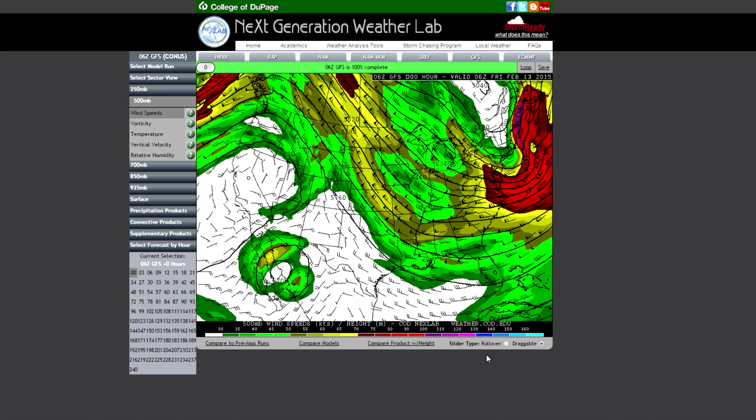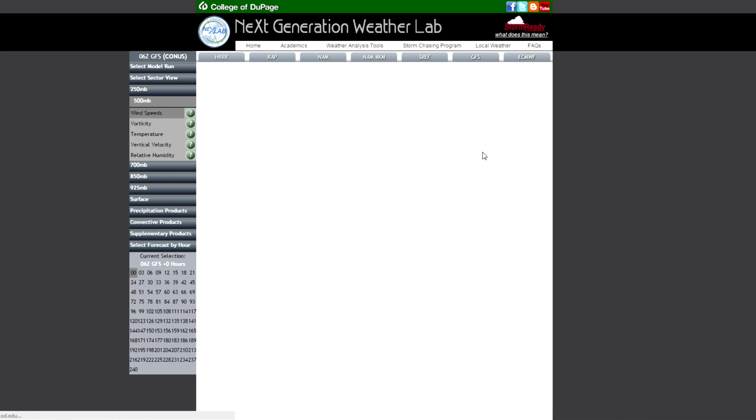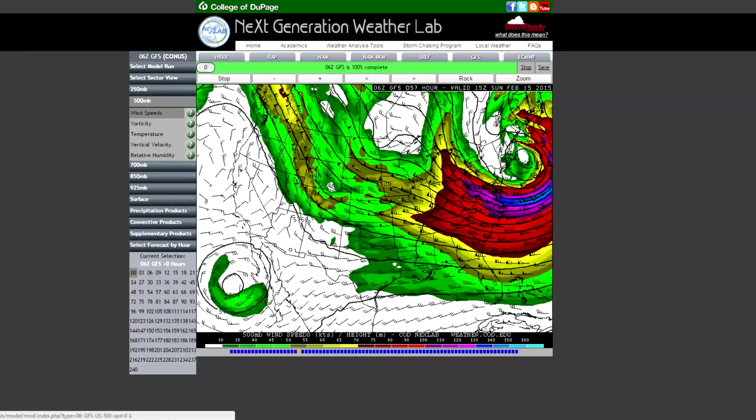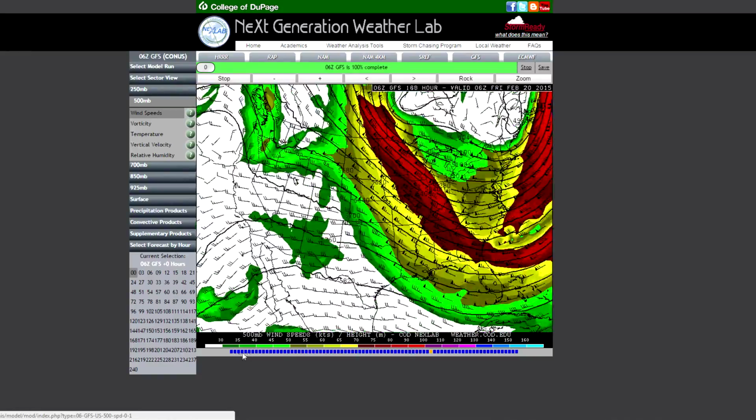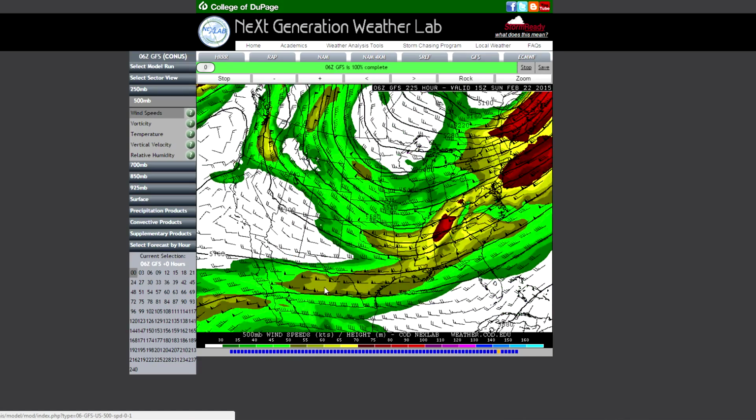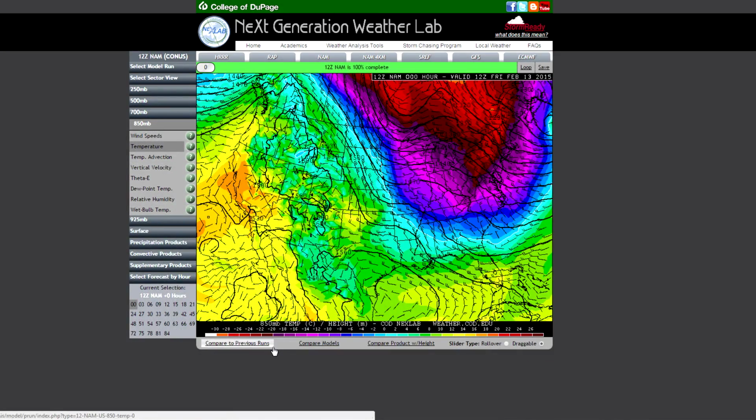As I said earlier in the video, the major upgrade that we're making is switching over from Flannis to Hannis. In terms of our model products, we use Flannis for looping animations and for comparisons. So now when you go to load a loop, you will be loading it in a Hannis animator. And this change should be relatively unobtrusive. You'll see similar controls that you should be used to with Flannis, along with toggle controls to remove frames if you ever need to. All of our comparison products have been switched over to a Hannis alternative as well,